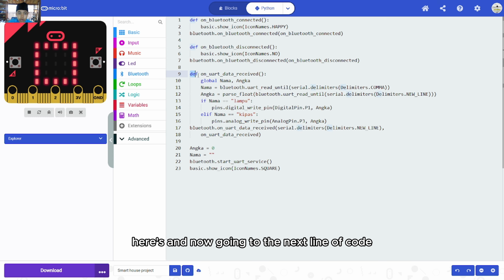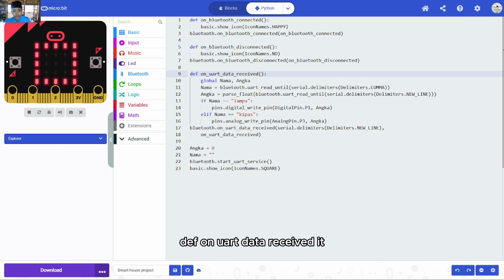Going to the next line of code, def on UART data receive. This function is called every time data is sent from the website via Bluetooth UART.